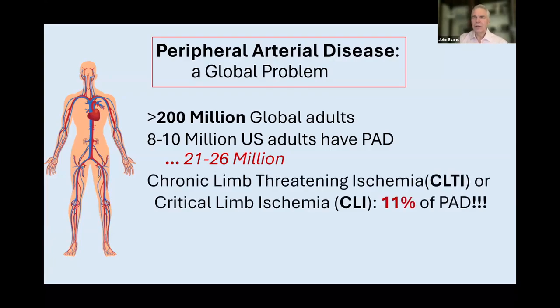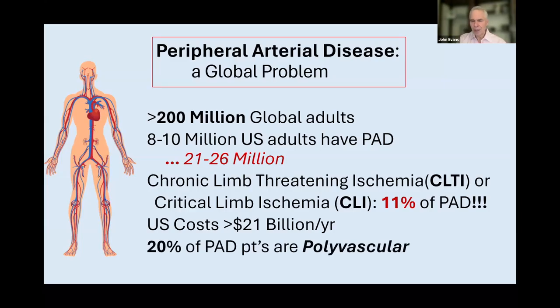There's a couple of terms that you're familiar with, critical limb ischemia, CLI, and the newer term, chronic limb-threatening ischemia, CLTI. They both mean the same thing, although they're suggesting we use CLTI more. This is the chronic level of PAD, its severe level, that affects a little over 10% of our patients with PAD. And the costs are astronomical, with well over $21 billion every year spent to treat this. And about 1 out of 5 patients are what we consider polyvascular, meaning they have more than one vascular bed